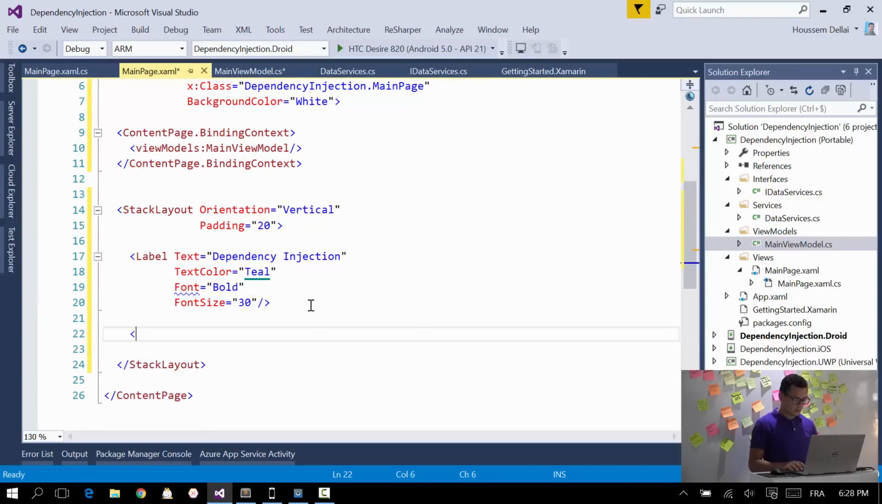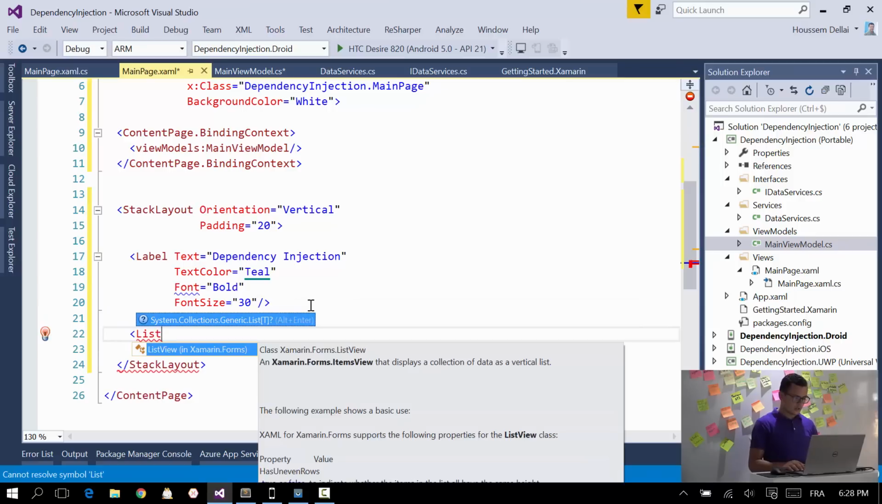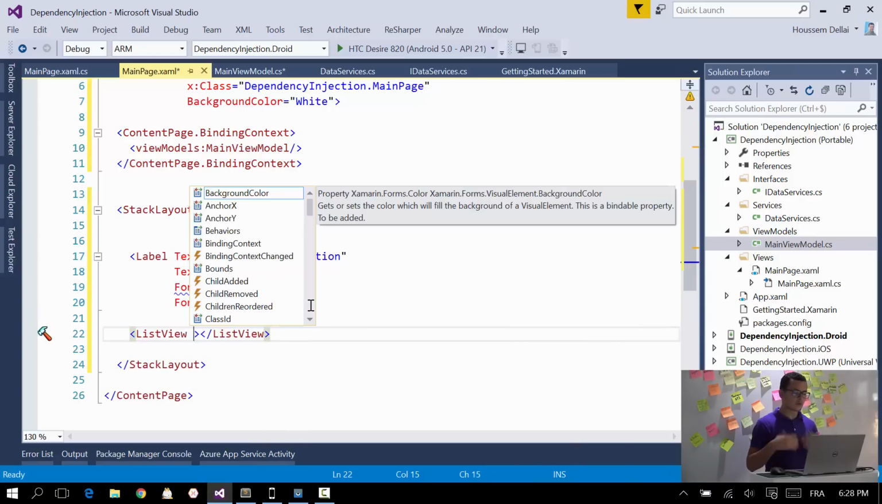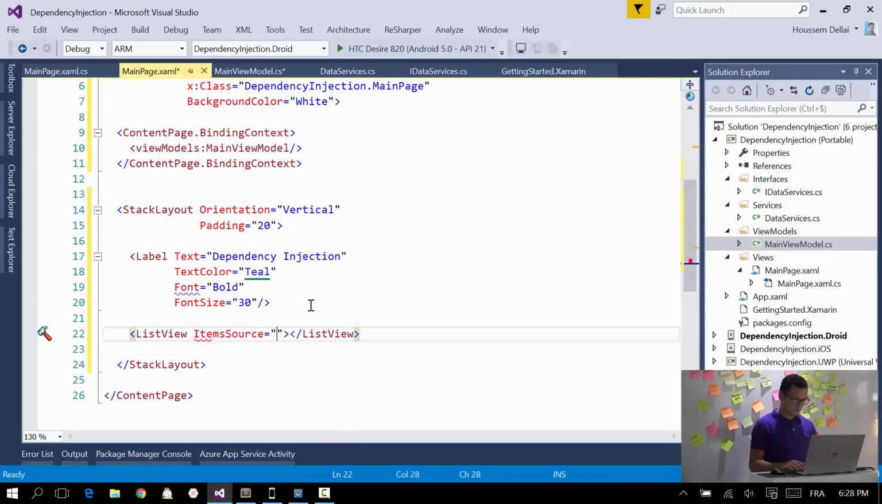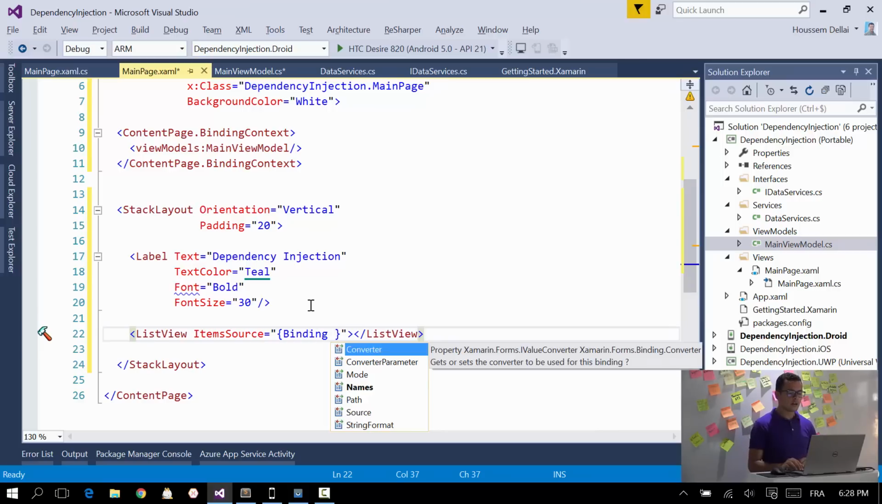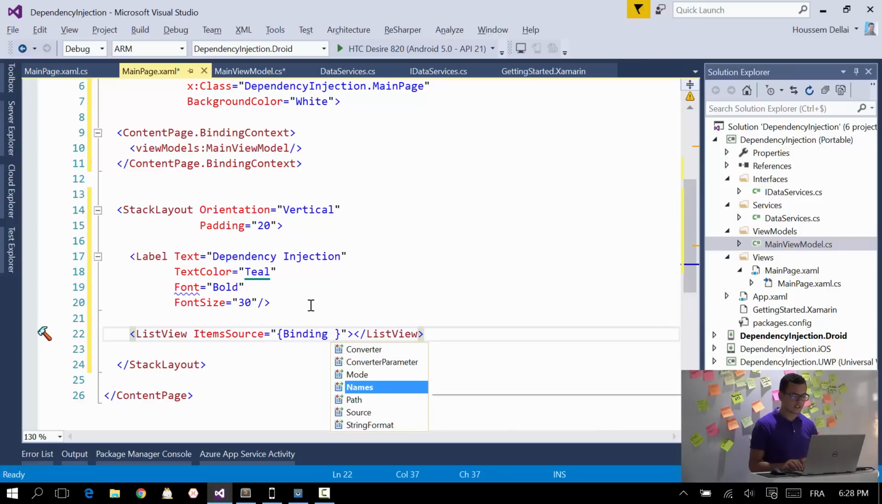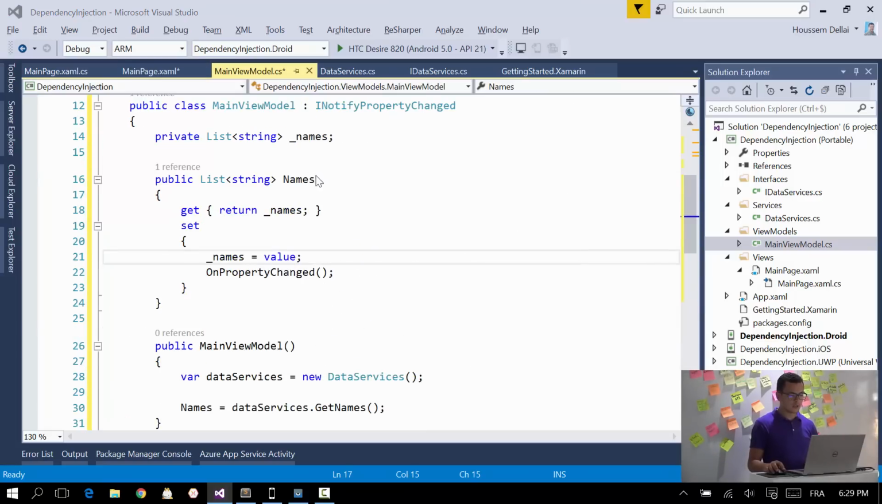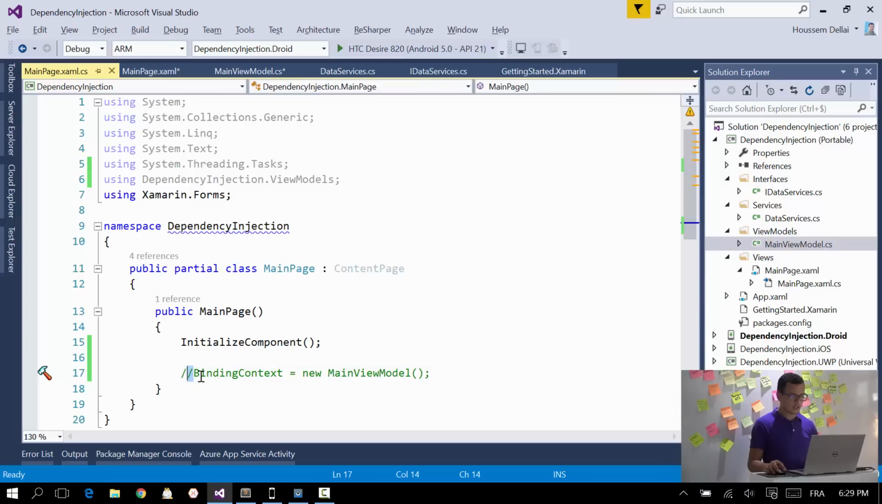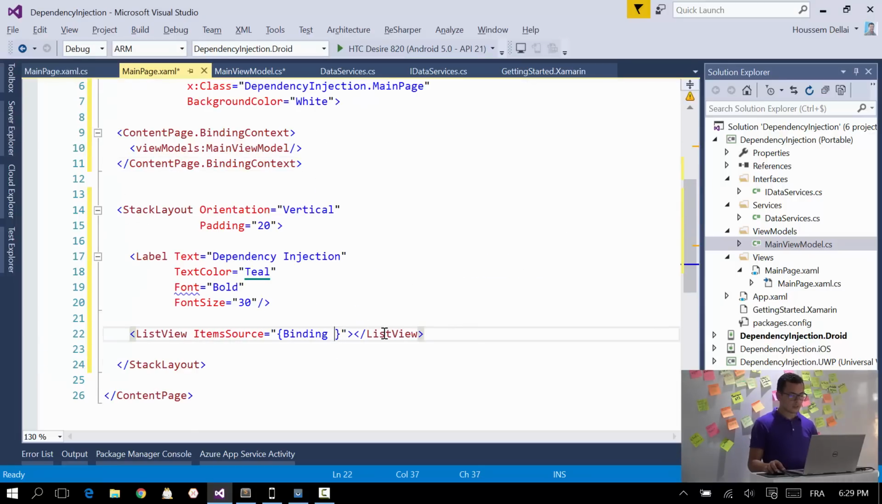And after this label, we'll add a list view in which I will display all the names coming from my main view model. So let's say that the item source equal binding. Here I'm binding to my names. My names here appears because I did the binding inside this XAML code. If I did the binding inside the code behind, this way, inside the constructor of the code behind, then I won't be able to get IntelliSense for my properties,